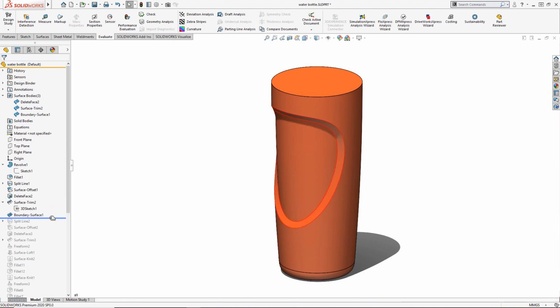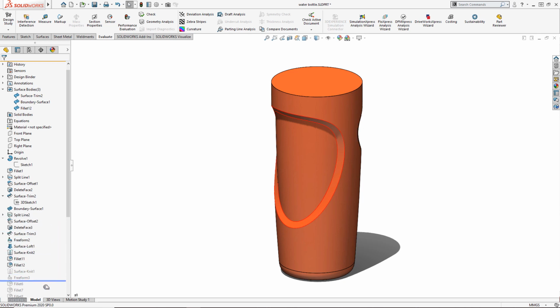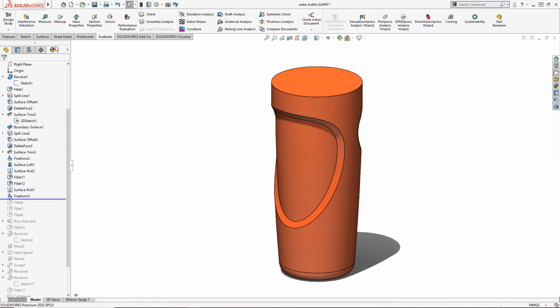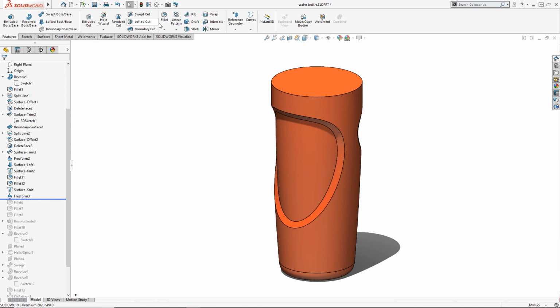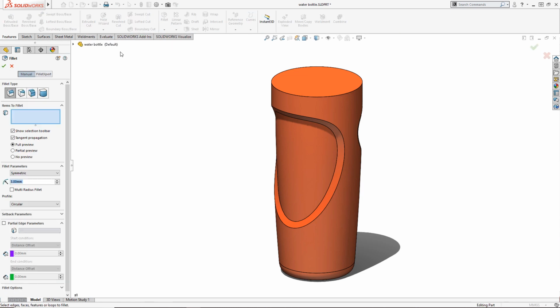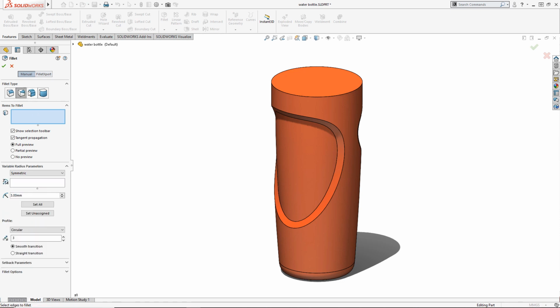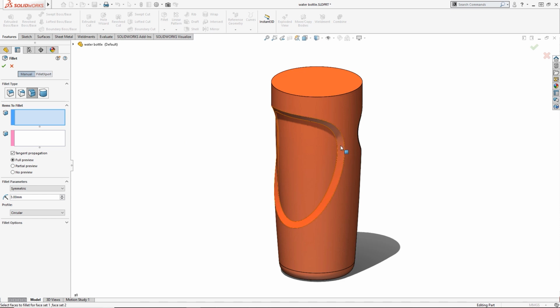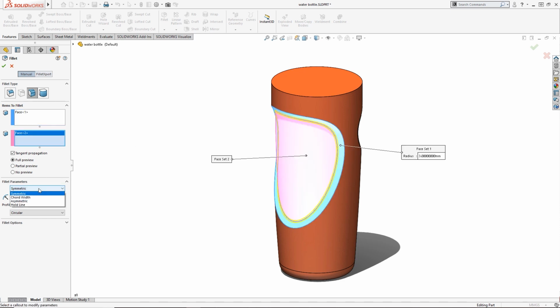I offset the original surface and then use our powerful trimming tools to create an equal gap around that opening. This is then filled with a boundary surface and filleted. The fillet tool itself has many options to get you just the result you're looking for, such as constant or variable fillets, as well as plenty of choices regarding the fillet profile like asymmetric, continuous curvature or constant chord width.